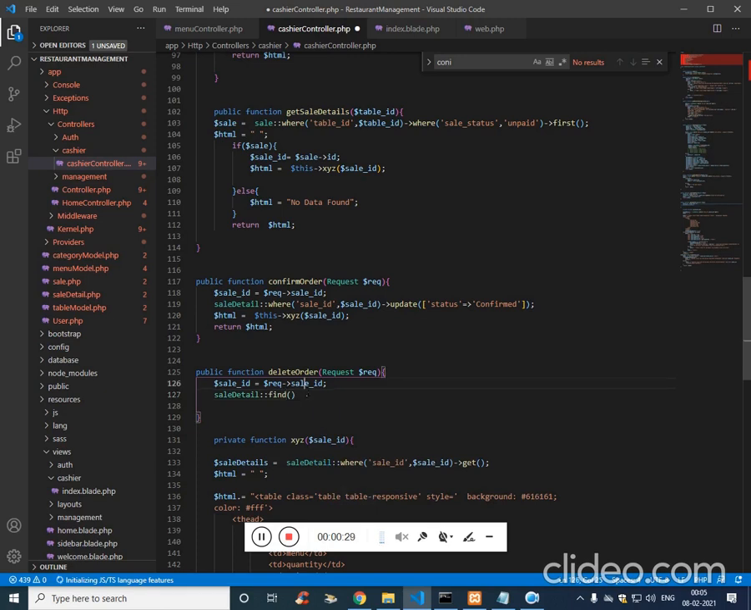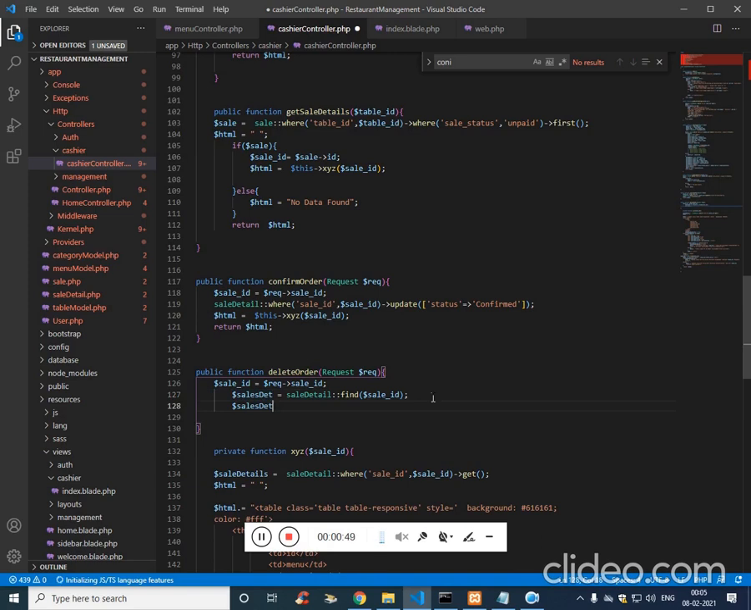Find, then pass the sale ID, and store it. Sales detail, and after finding it, get the ID of the particular row. Sorry, what we need is we need to get